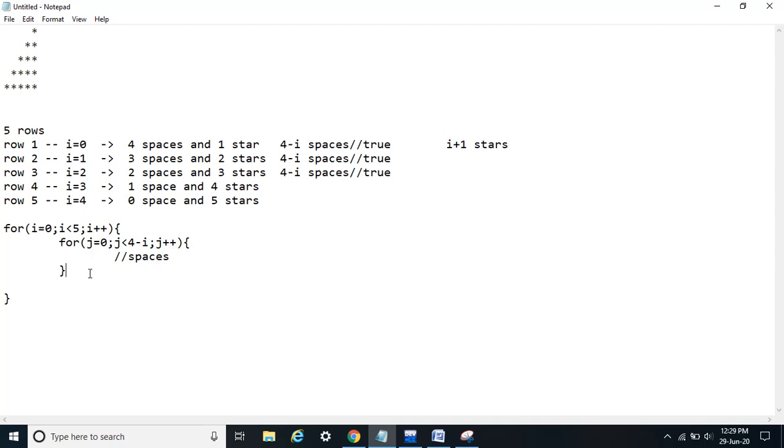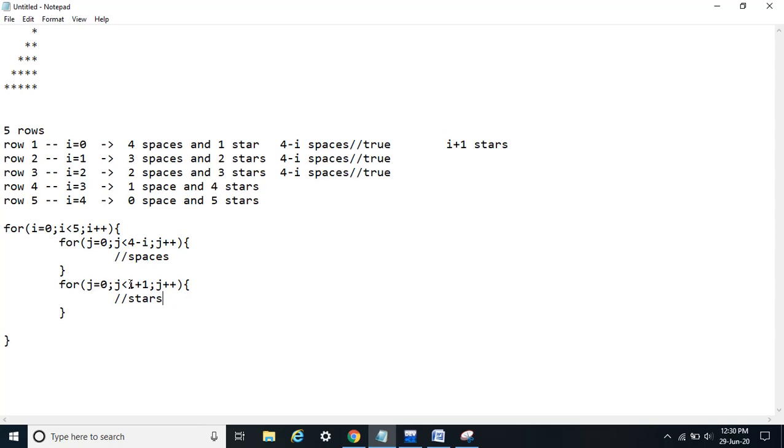So after printing the spaces, I will need one more loop that will run I plus 1 times. And this would be for our stars. So see, when I is equal to 0, this I plus 1 would be 1 and it will run 1 time and give me 1 star.